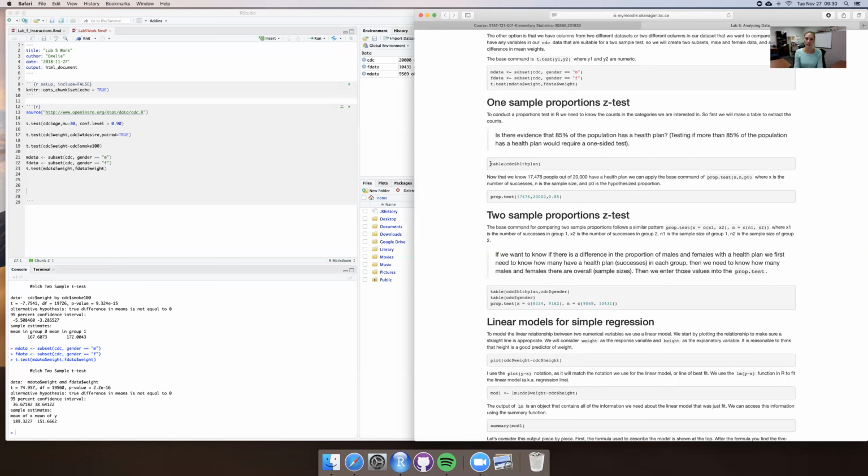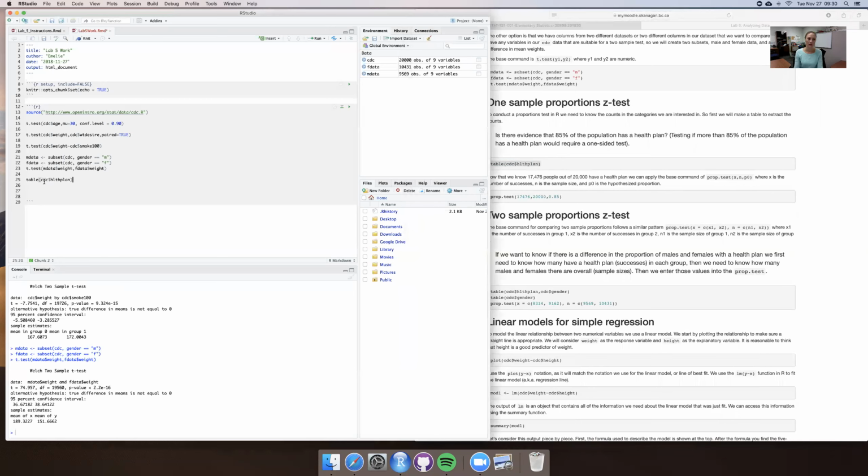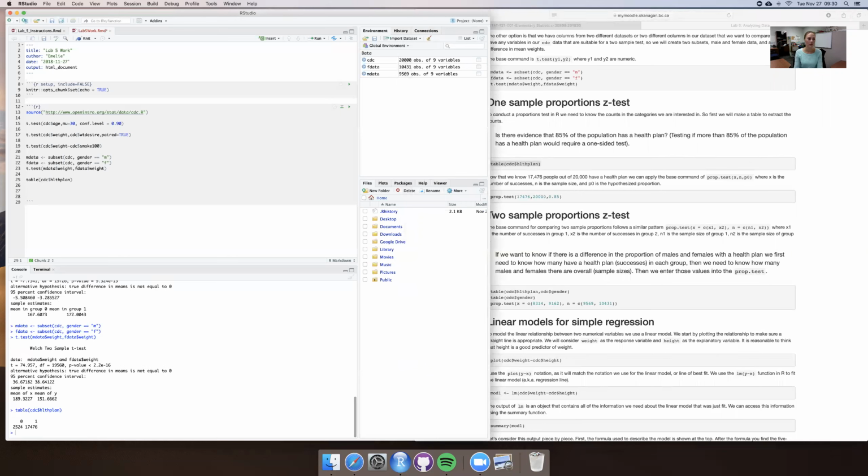So first we need to know, okay, well, how many people in our sample have a health plan? So if we run this table, right, we learned last day, we can see how many have a health plan and how many don't. So 2,524 respondents don't have a health plan, whereas 17,476 do have a health plan. And so